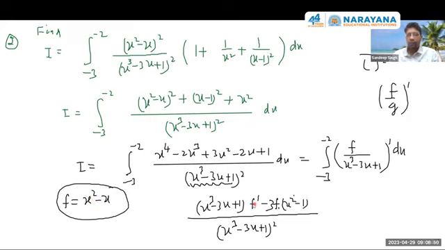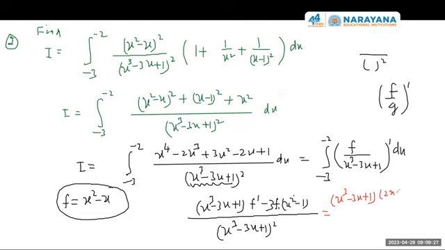Now you can plug in over here and check for yourself that x cube minus 3x plus 1 into x square minus x. So this will be how much? If we substitute it here, integrand only, so x cube minus 3x plus 1. See, understand the full proof method also. In this whole equation, predict f as quadratic, put f as ax square plus bx plus c here, and then compare the coefficients to obtain a, b, c. Or you can simply observe and write this is x square minus x. So its derivative will be